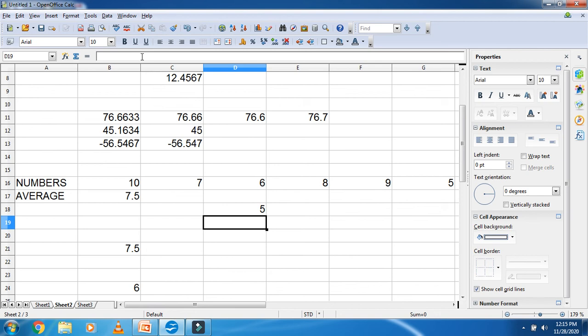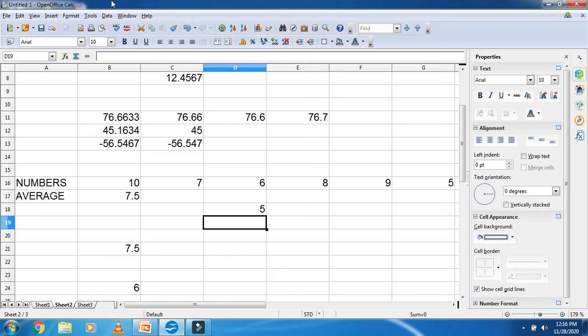Now the next statistical function is rank. So how to find the rank? The rank function returns the rank of a given number in the given set of numbers. You need to provide the value for which you need to find the position, the set of values, and the order of sorting, 1 for ascending and 0 for descending. The function gives the position first, second, third and so on of the given number.